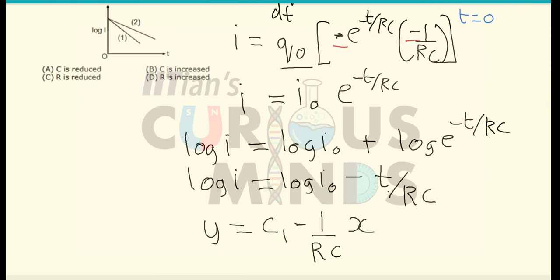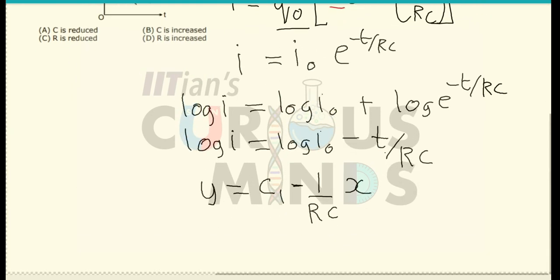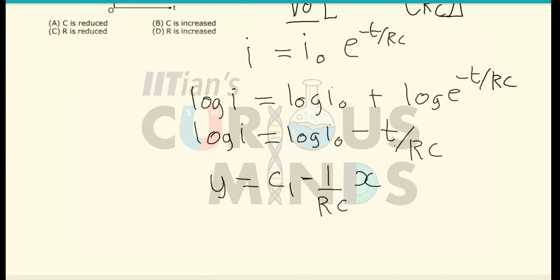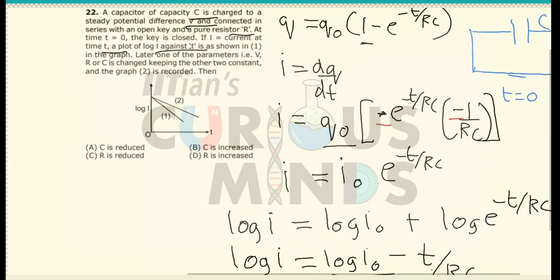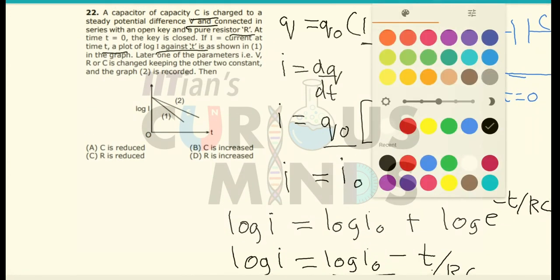over here I naught by RC. Okay, the I naught can again be written as, the I naught over here will remain the same, the maximum current will remain the same over here, it will be equal to 1 by RC into x. Now if you see over here, the value of the slope,